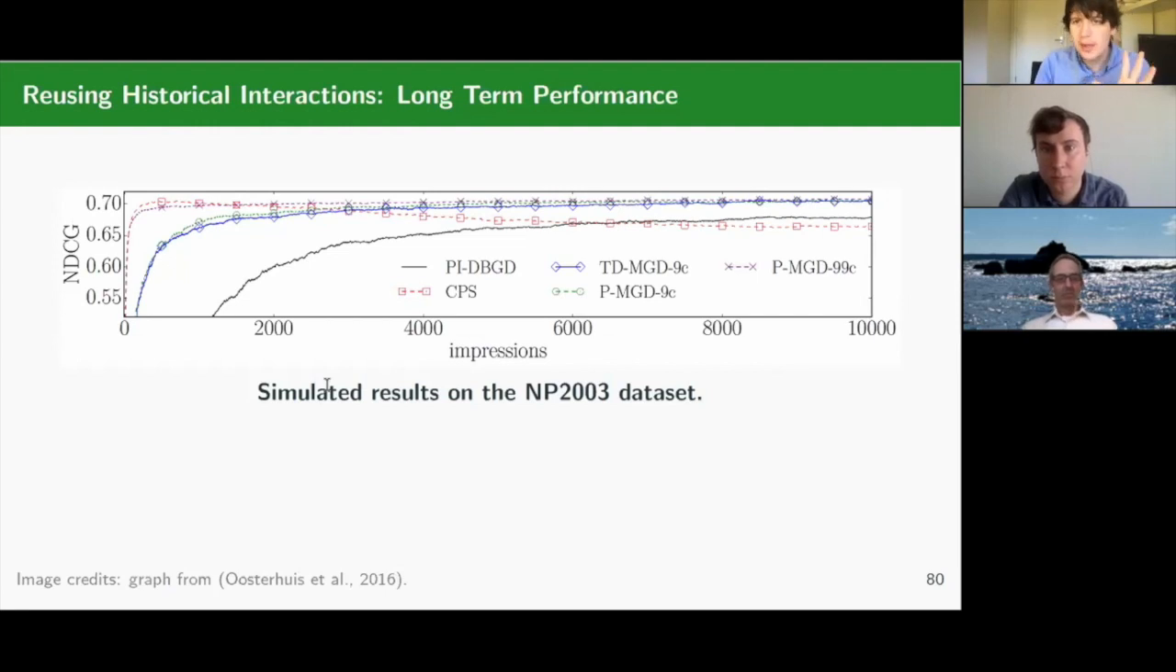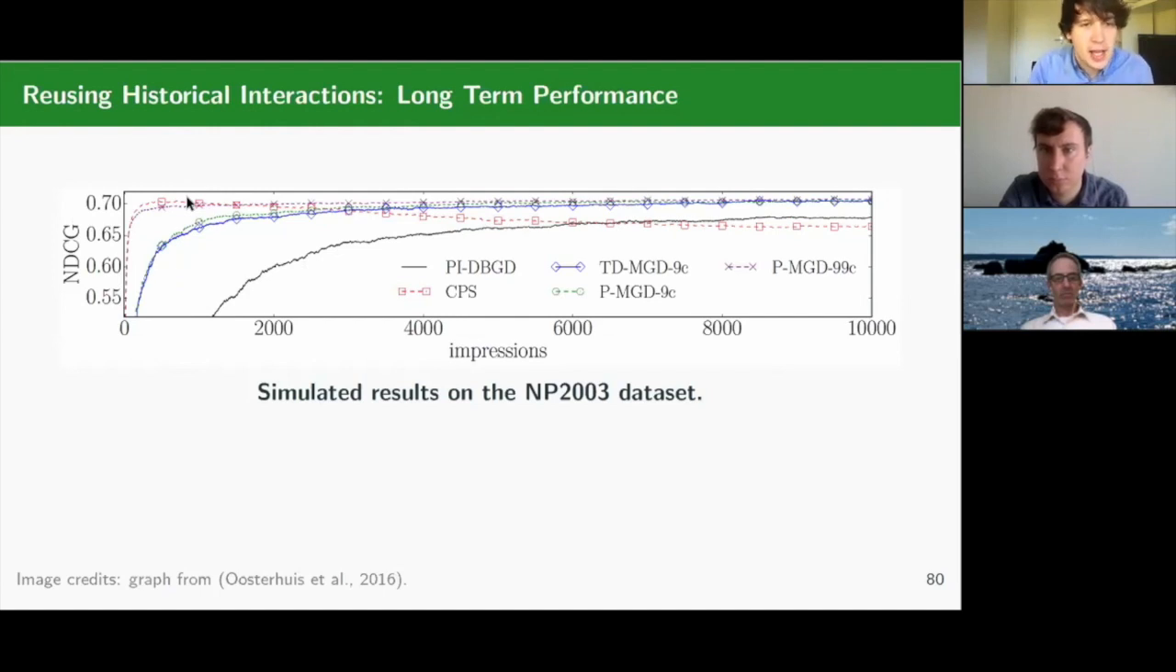There are some more methods here that are not important right now. This is standard dueling bandit gradient descent. This red line up here is with candidate preselection. And we can see that up to that 1,000 point, somewhere around here, things look very similar. We see it learns very quickly. It's reached high performance very